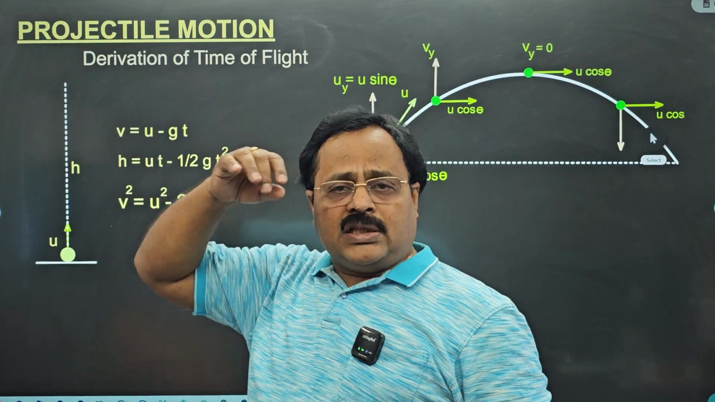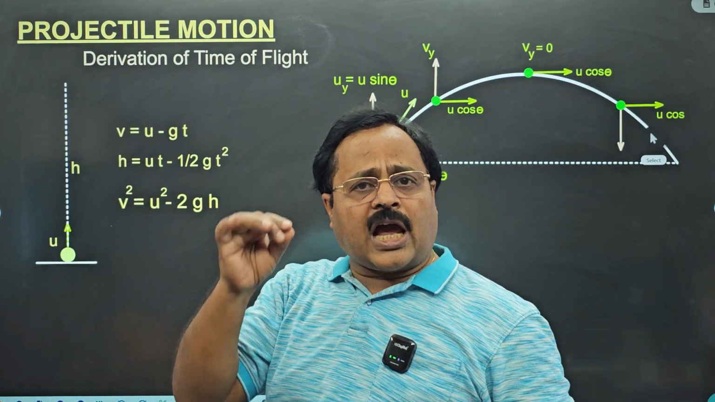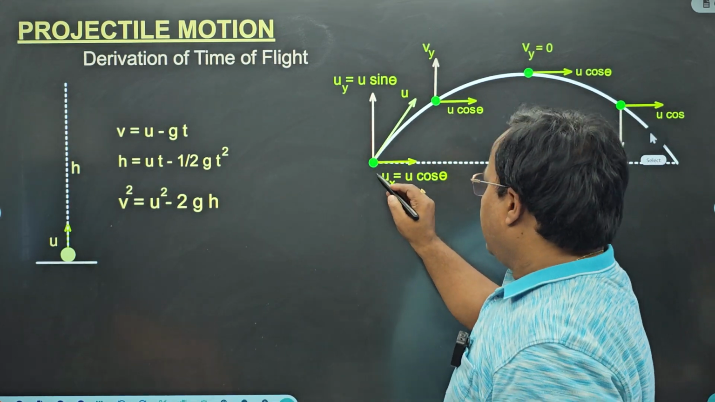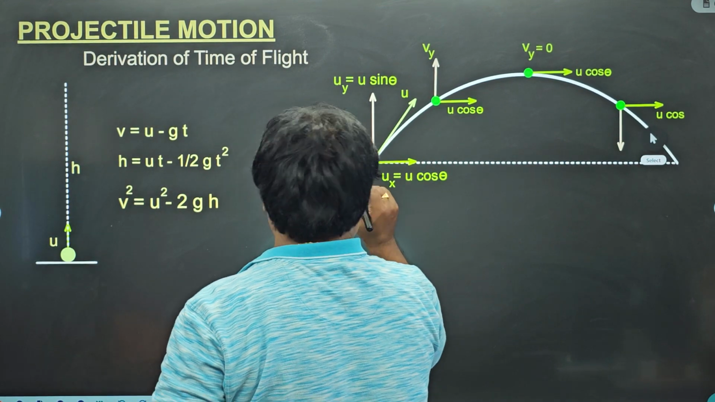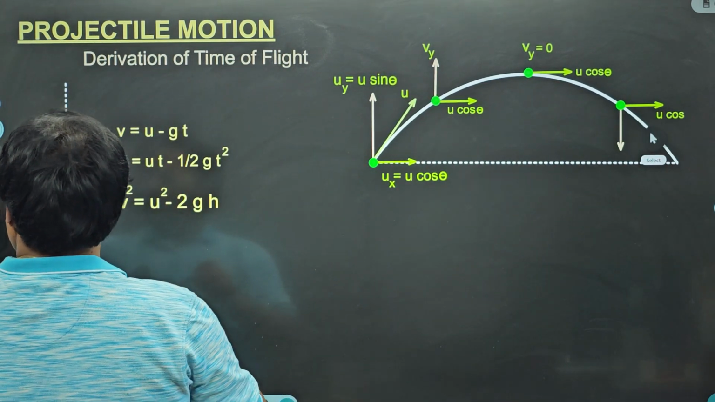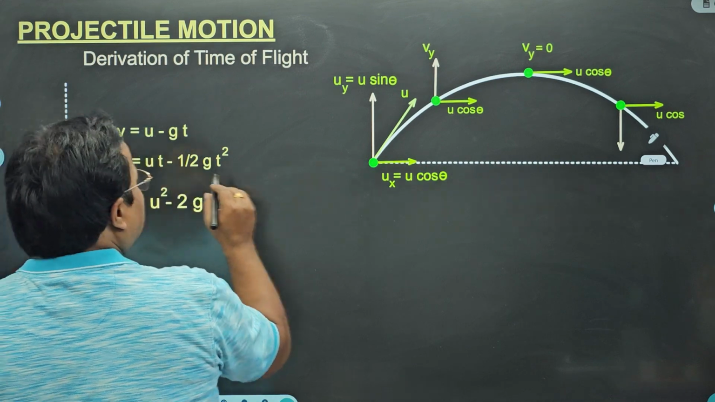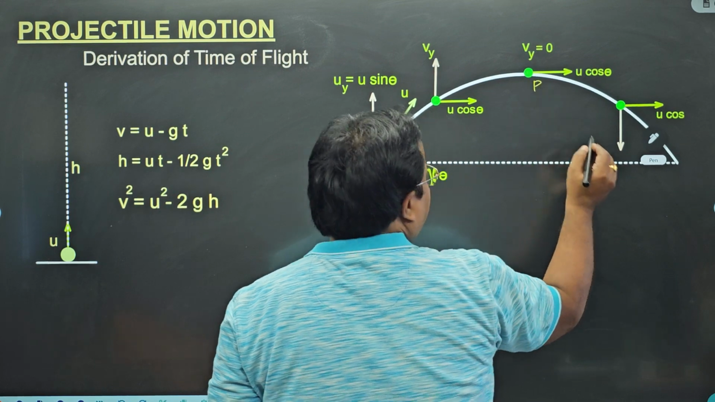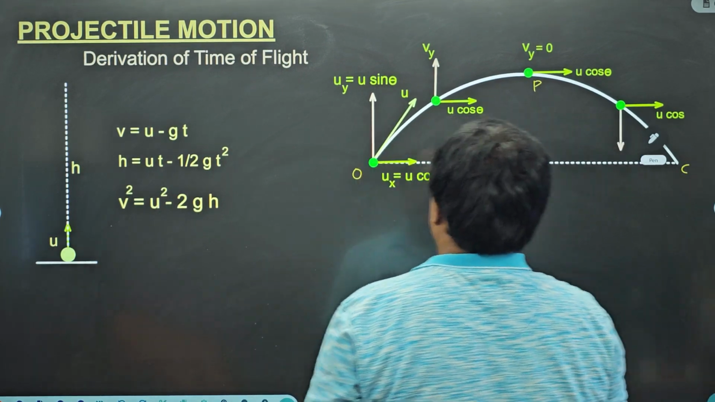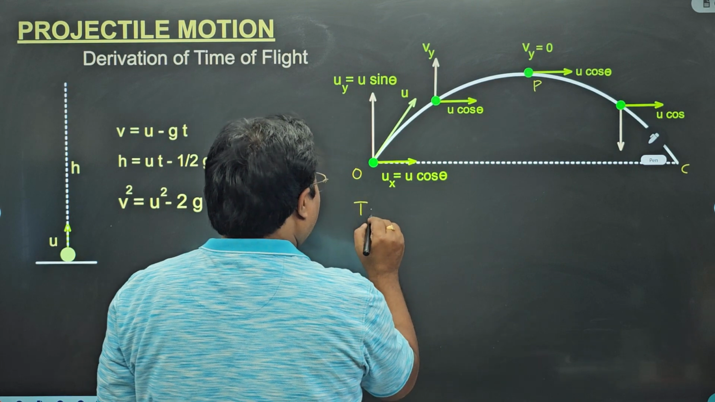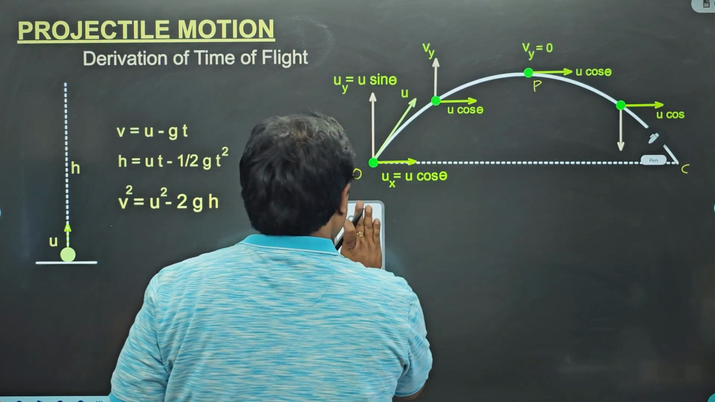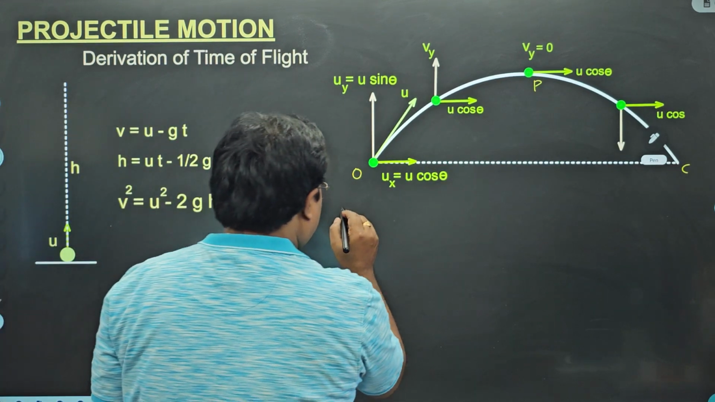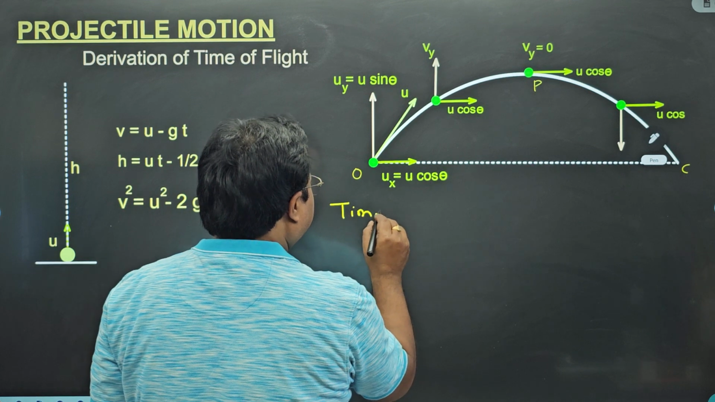Then how to find the expression for time of flight? What is the meaning of time of flight? It means that if a projectile moves from the initial position O to the maximum height P and comes back to the ground C, then time of flight is time of ascent plus time of descent. Okay, my dear students, time of flight,